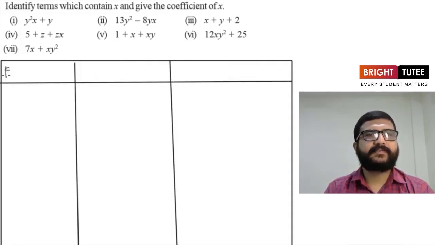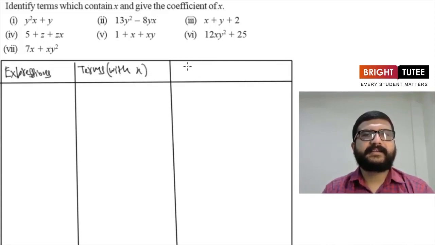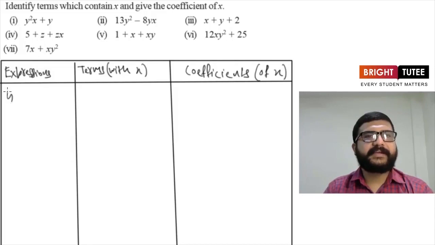So the first one is for expressions, and then terms with x, and then we have to write coefficients of x. So we'll write here coefficients, or in bracket we can write of x. Now the first expression, it is y square x